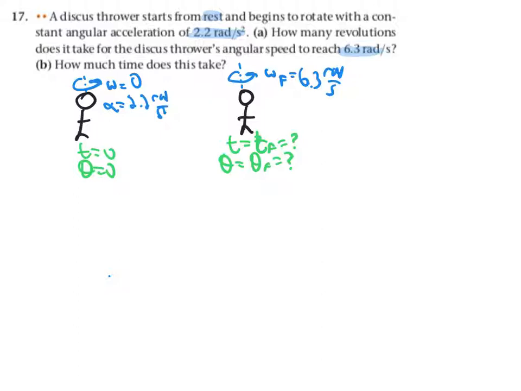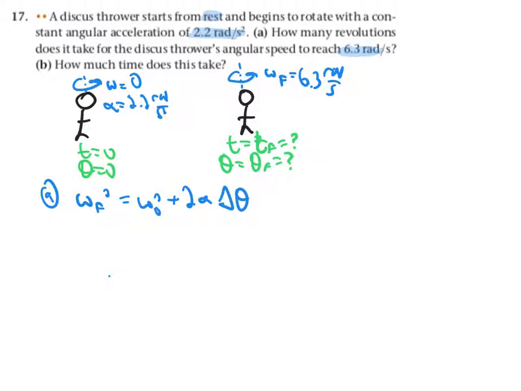So for part A, we don't want a time, and therefore we should use the formula that doesn't have a time in it. If you remember way back from chapter 2, or its equivalent here, what we end up with is omega final squared equals omega initial squared plus twice the acceleration times the change in distance. It's just the angular form of that. And we want